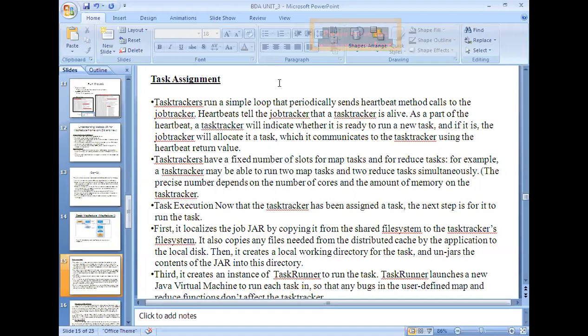It depends upon the number of cores and the amount of memory on the task tracker, that is, the capacity of the system and the internal storage that is available. Based on that, it can be allotted a number of map tasks and reduce tasks. If your memory is less and the job tracker assigns many jobs to you, where can you keep the input splits?